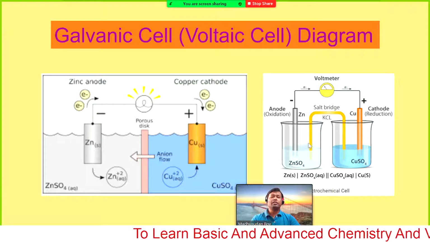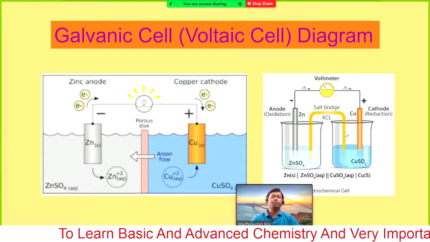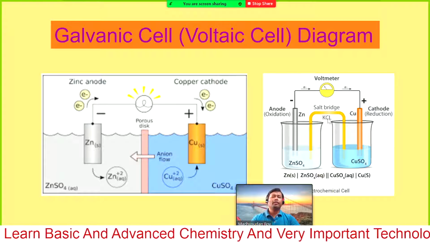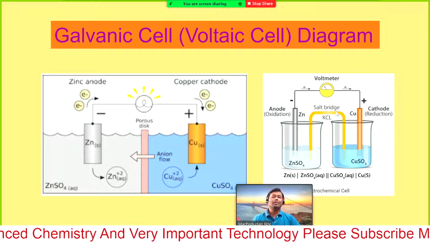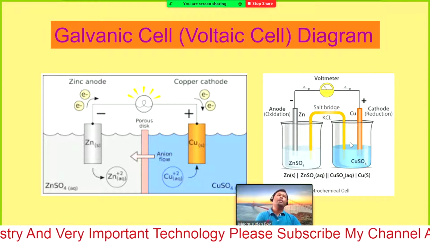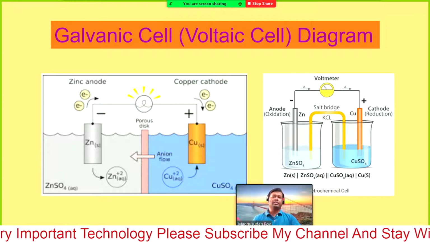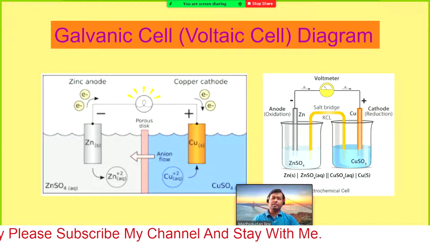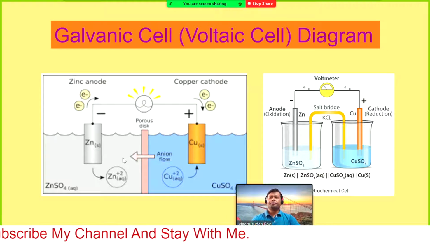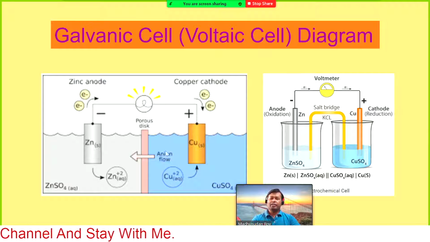The salt bridge can be made of different types of ions, here potassium chloride. Different types of ions are soaked in paper or some other materials, or sometimes we can use cotton. That can be used as the salt bridge. So we can have a direct connection or an indirect connection.